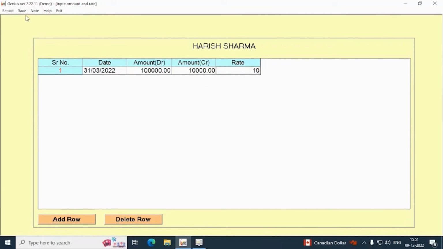Then you can click on the Save button and take the printout of the same, either simple or date wise. That's all related to CMA and EMI.